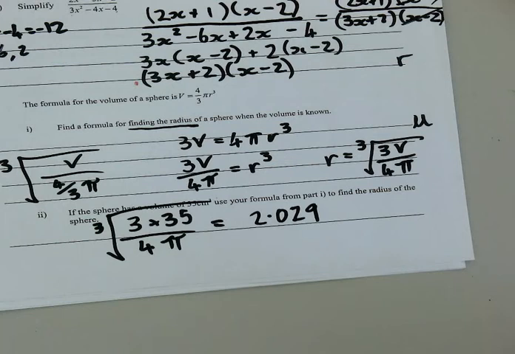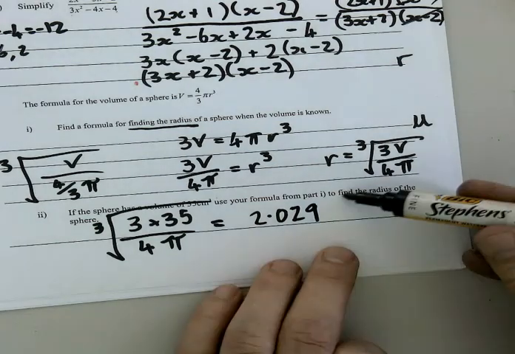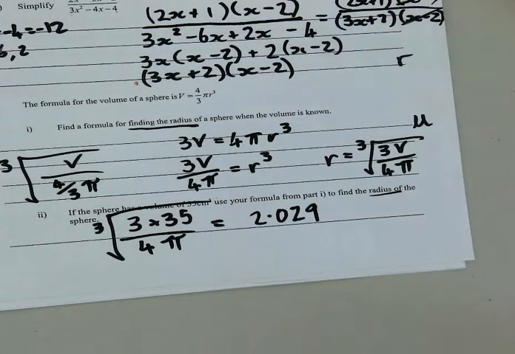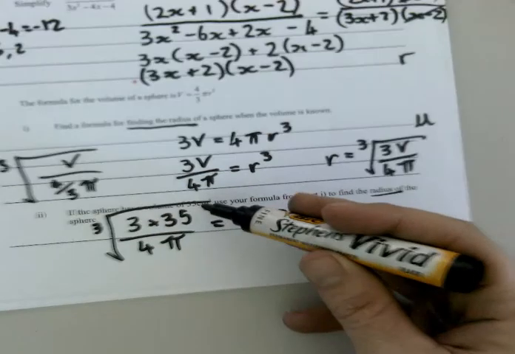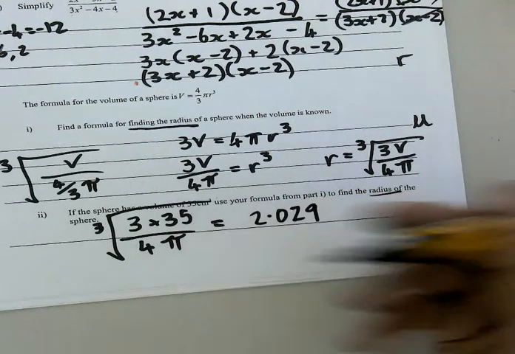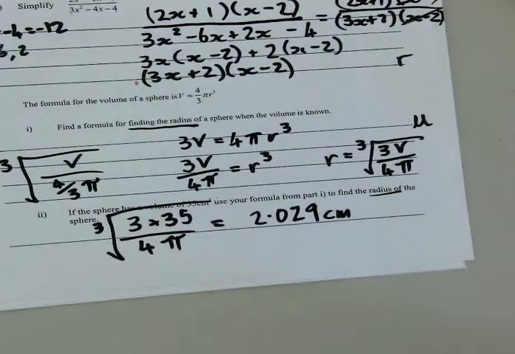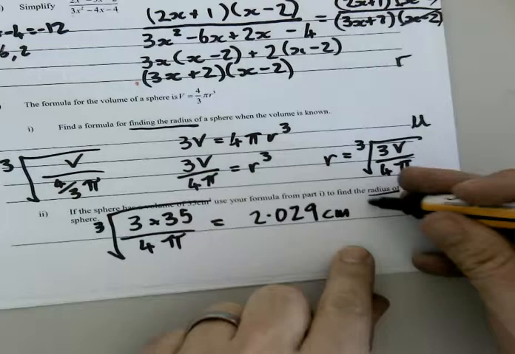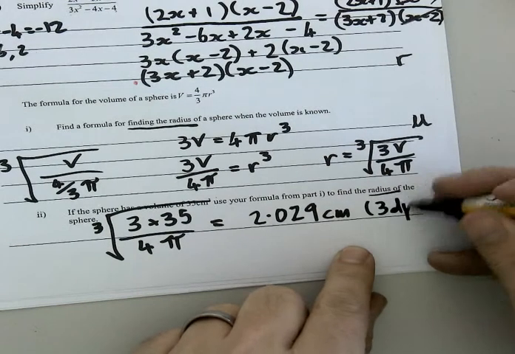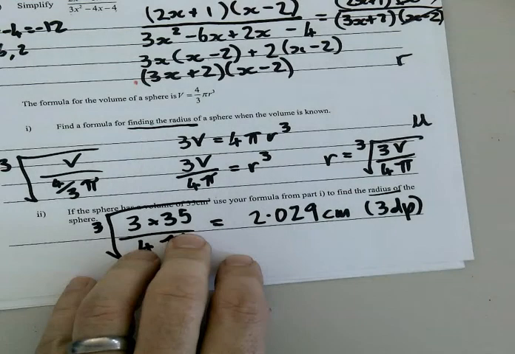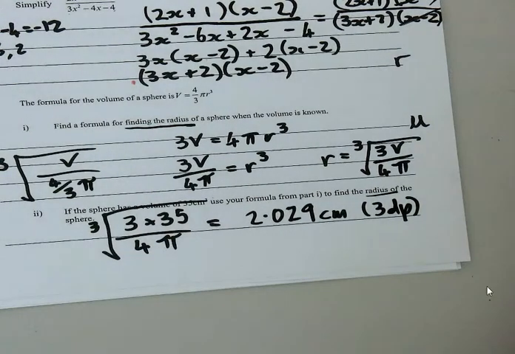Units, yep. Okay, so this is finding a radius. What do you think that radius would be measured in? Could be meters. I've crossed out some of the information, unfortunately. It says centimeters cubed was the number I was working from, so centimeters is what the radius must be measured in. Right? And you could also state your rounding here too, like 3 dp or 4 significant figures, or if you chose something else. Alright, so I might just stop the video there so that you don't have a massive long thing to